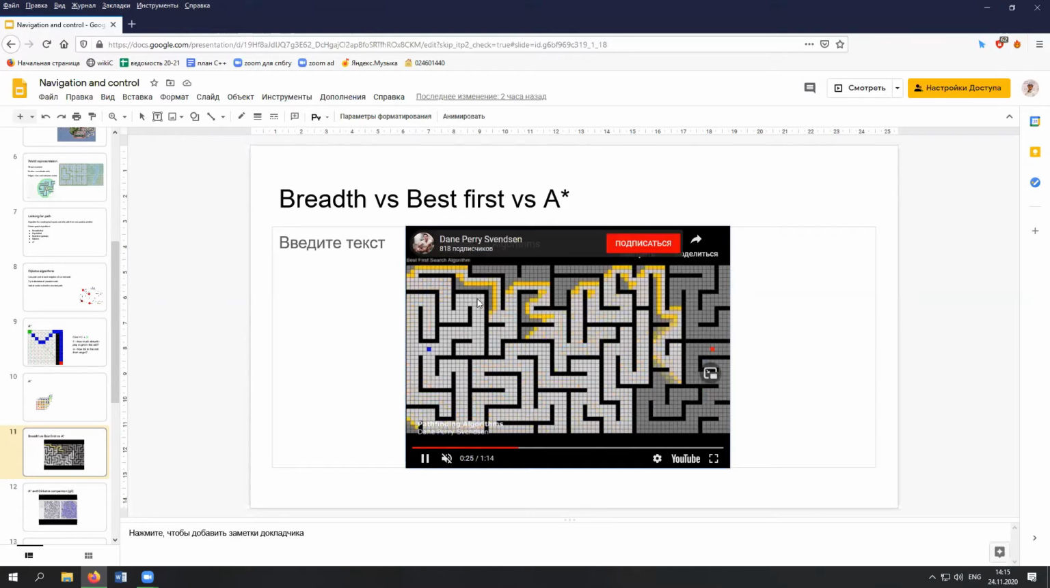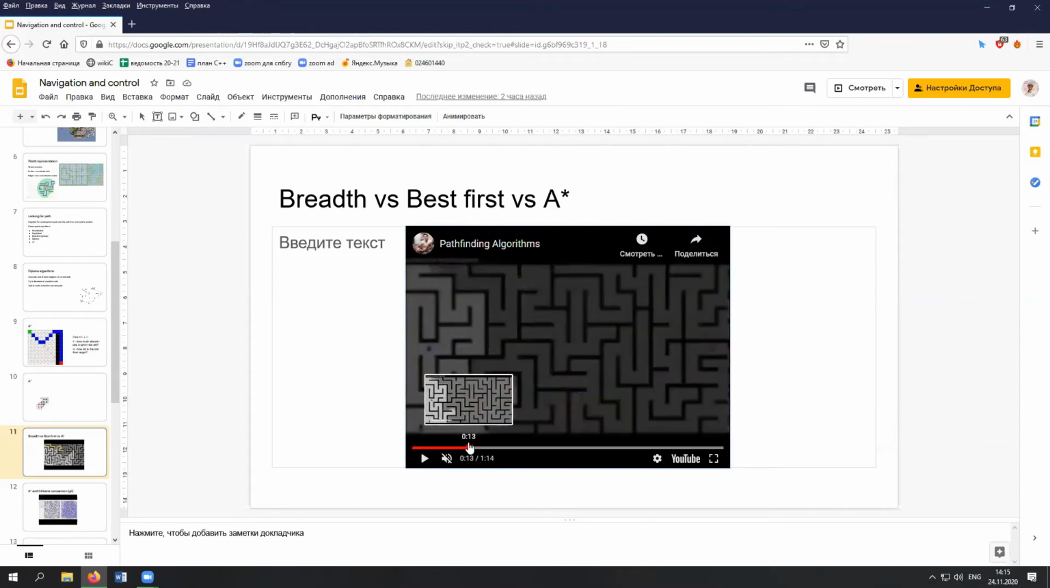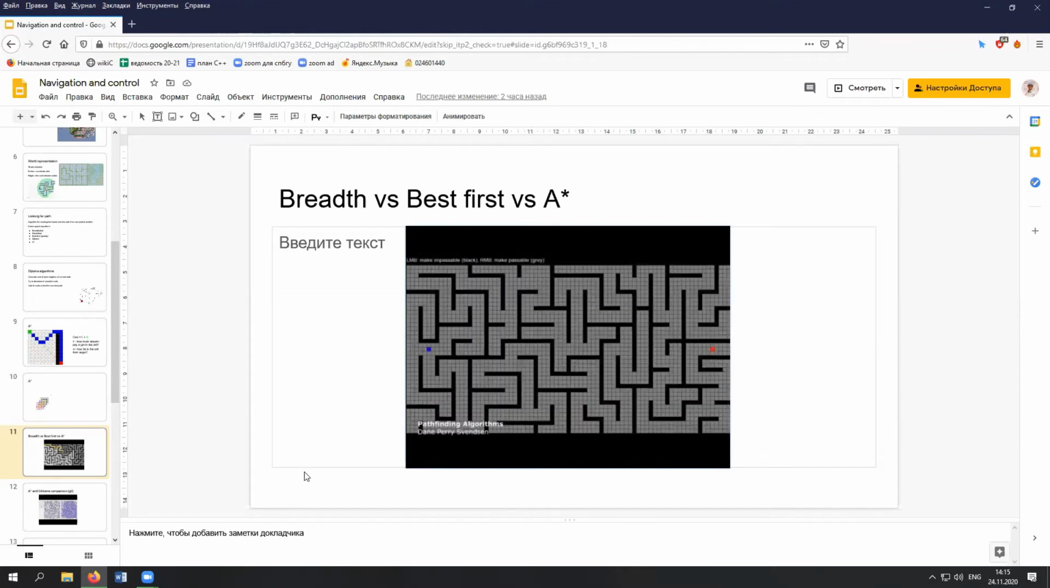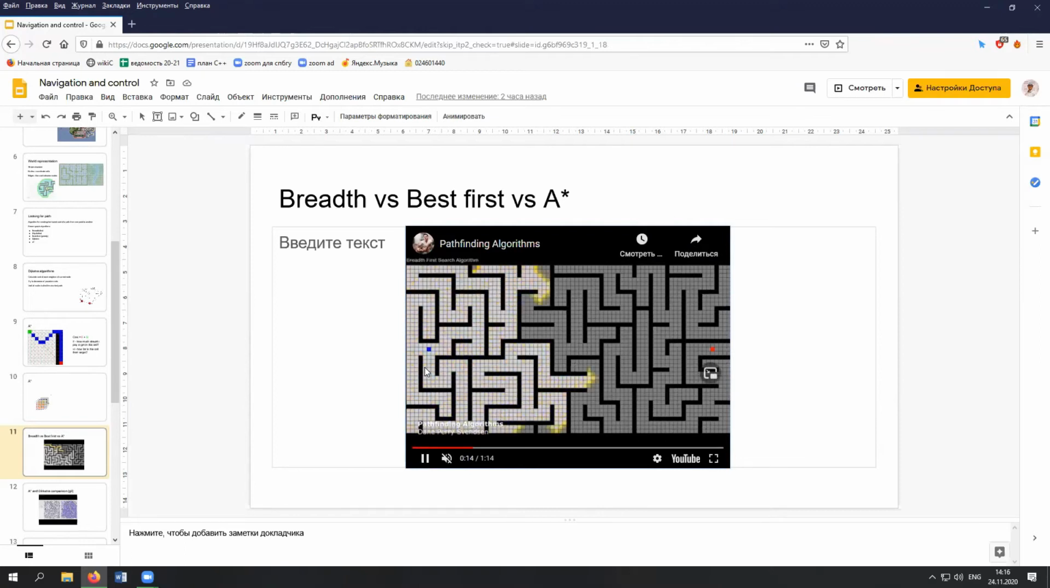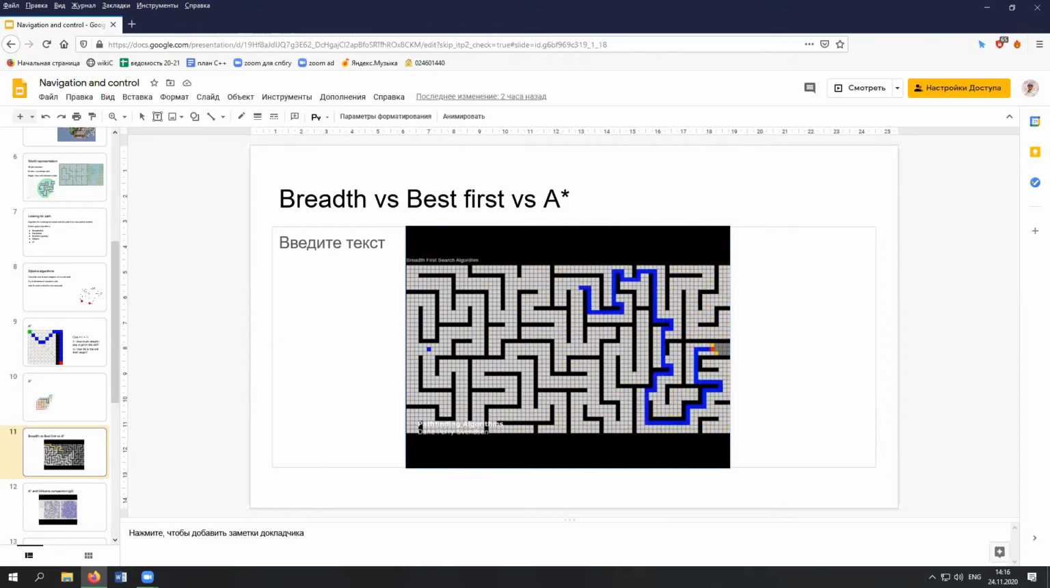And after that, it started to look in this way, and then found the exit. That worked faster than the breadth first algorithm. Let me show it once again from the beginning. This is the almost brute force algorithm, where we looked in the bad way. We looked at every cell. This is the best first algorithm, or greedy algorithm, that also looked a lot, but it works a little bit faster. And the A star algorithm